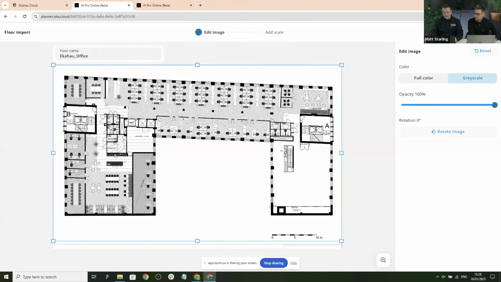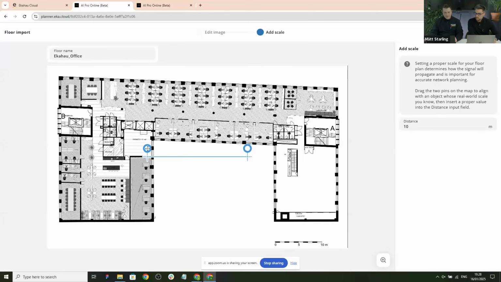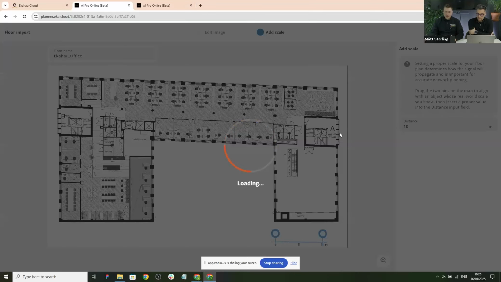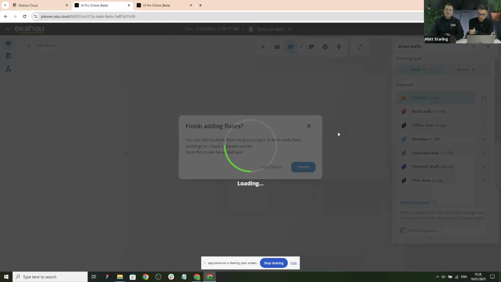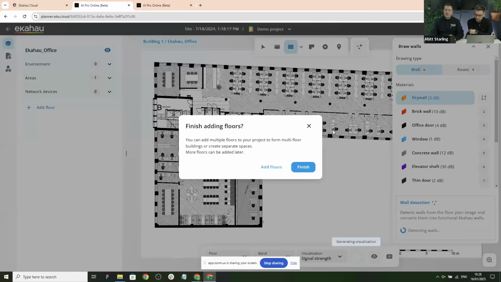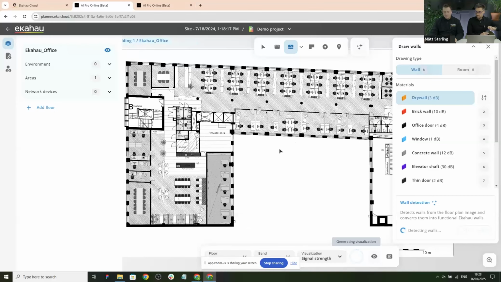Yeah. So let's move forward. Then, of course, a familiar feature is setting the scale. I have a scale marker here. As Matt always reminds you, if you have the ability to use a proper scale, don't use doors and other features in your floor plan to do that. Please use a proper scale here. Here I have 10 meters and I'm pretty much done with importing my floor image. I will be using a single floor image, although AI Pro Online obviously supports multi-floor and multi-building structures. But for this example, let's use just a single floor.